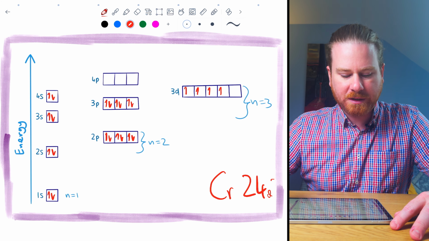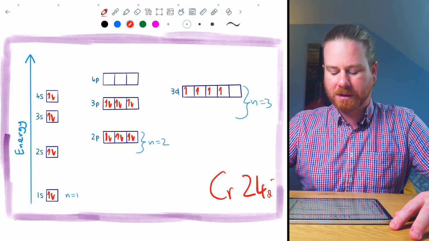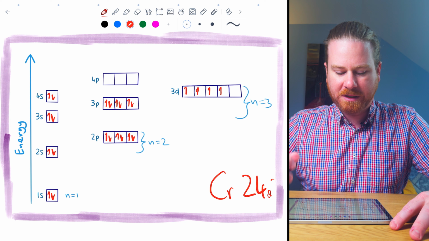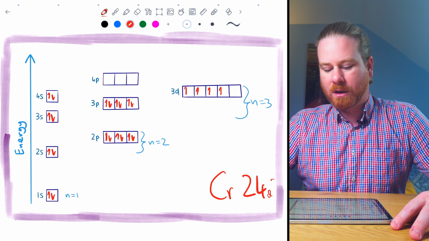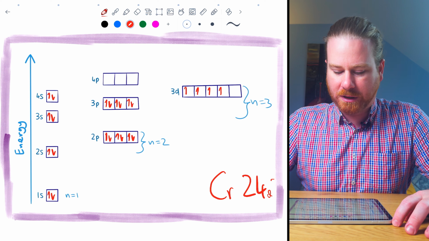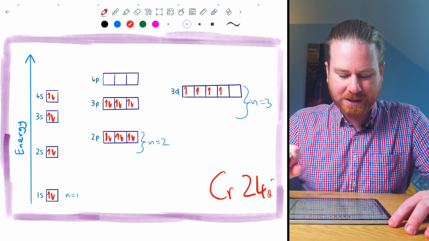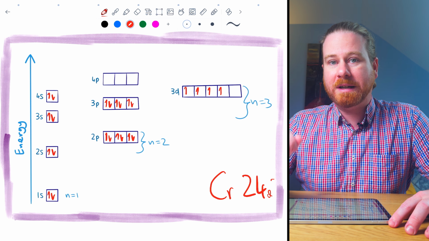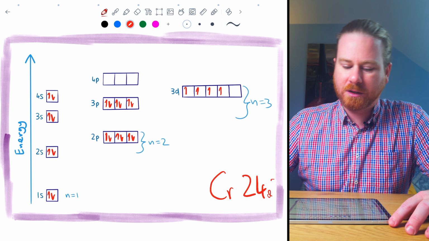However, this is not what happens. Transition metals have lots of very exciting properties, but basically, electrons always want to be stable. So how are they going to be stable? Well, they can shuffle their electrons around to help out with the stability. Because there's not much difference in energy between the 4s and the 3d orbital,